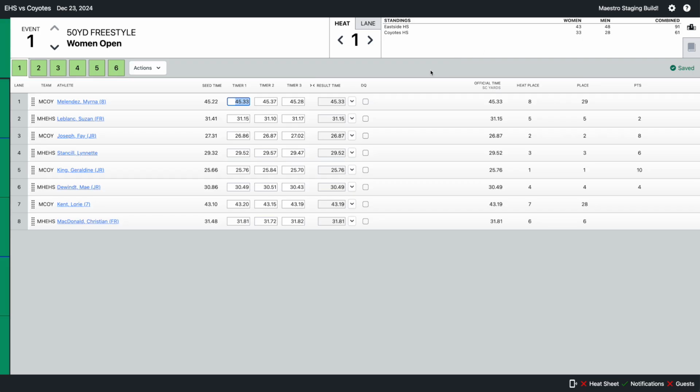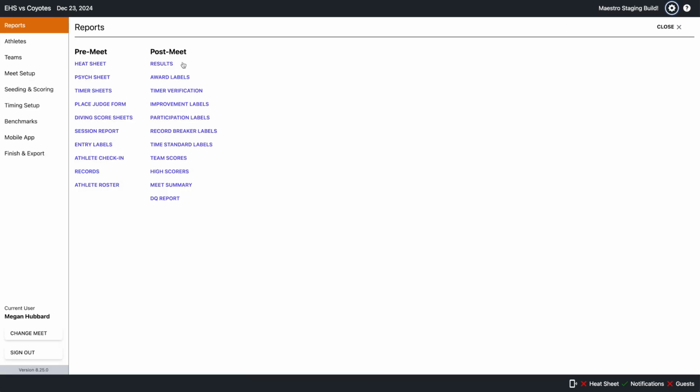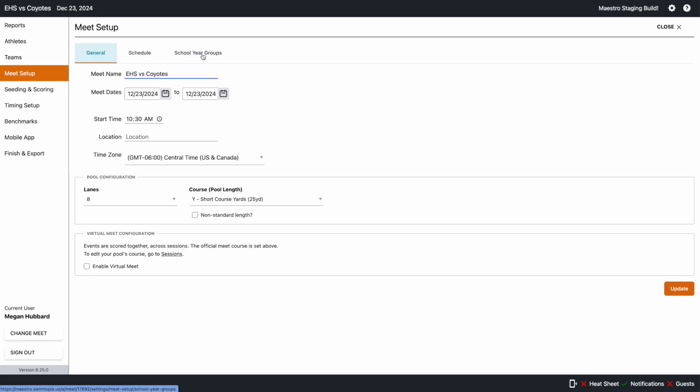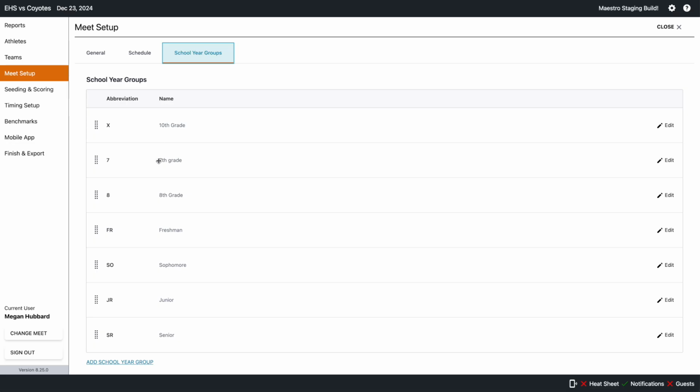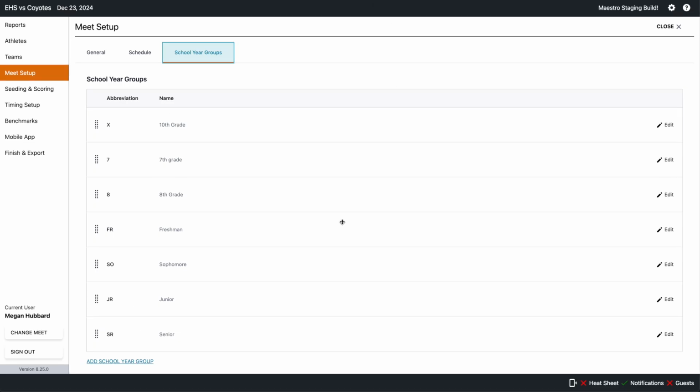To confirm the assignment in Meet Maestro, you can go to Settings, Meet Setup, and then School Year Groups. This is where you will see a list of all of the school year groups entered into the Meet. SwimTopia will attempt to automatically map values from the home and away team with the most common values used. For example, some teams use 9 and some teams use FR, and our system will automatically recognize that both of